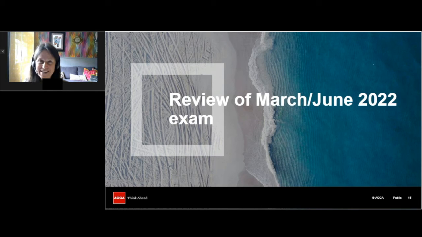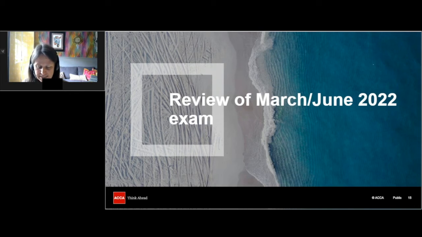They're all multi-tax questions. Question 3 has corporation tax, so it's got some gains aspects and some group aspects. And then the 4th question covers inheritance tax and some EIS, income tax, capital gains tax calculations, relief for losses, and then a bit on interest receivable and payable for income tax.